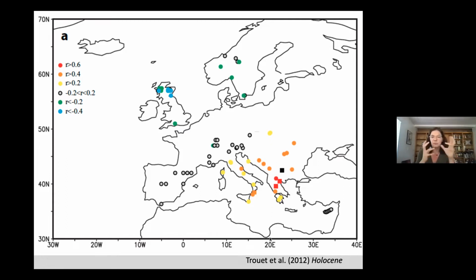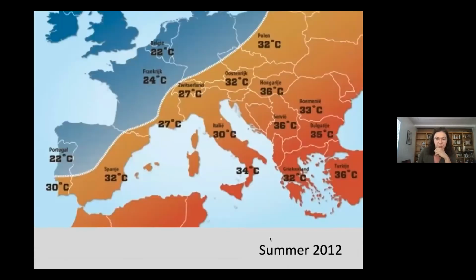So I saw this, I noticed it, wasn't really sure what was going on. But so it appears to be an anti-correlation between temperatures in the Balkans and temperatures in the British Isles. This is for the summer season. We published this paper in 2012, and that same summer I went to visit my parents who still live in Belgium. And those of you who live in Belgium or in neighboring countries know that the summers in Belgium are